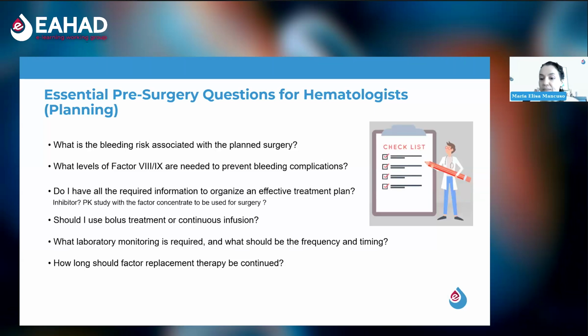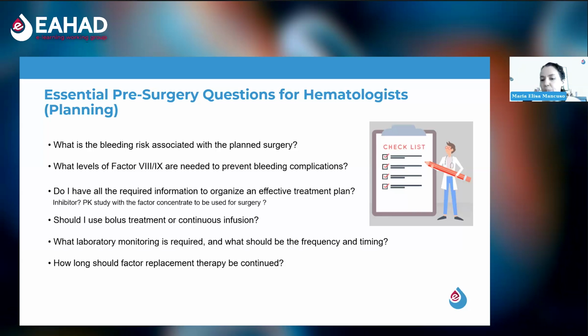If possible, and I don't think it's always mandatory, it may be really helpful to know the individual pharmacokinetic response to the drug of that given patient, because we know there is inter-individual variability in the response to factor 8 and factor 9, related to the individual clearance of factor 8 and factor 9. But we also know that in the same patient, it's rather reproducible over the lifetime. So if we know that patient has that kind of in vivo recovery and half-life, so the ability of factor 8 or factor 9 concentrate to stay in plasma, is around 12 to 18 to 20 hours,